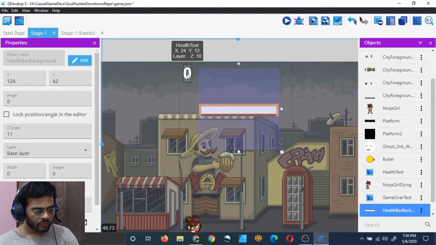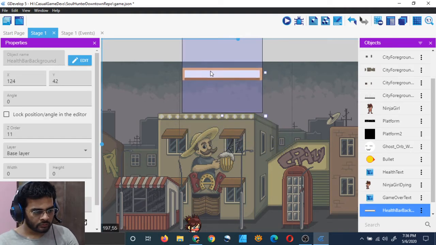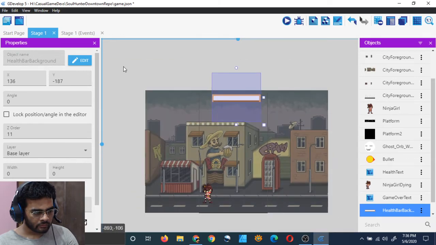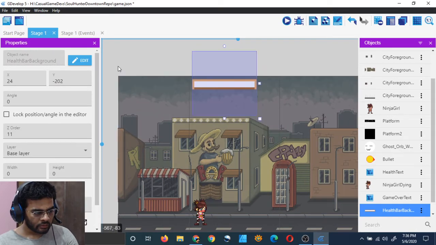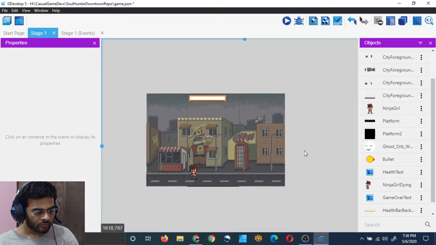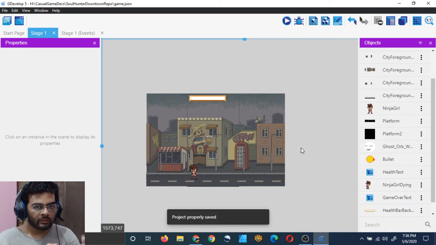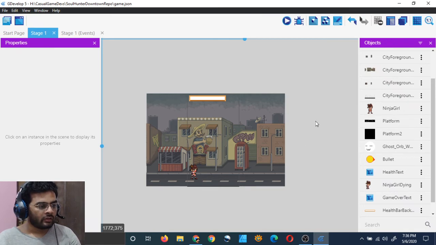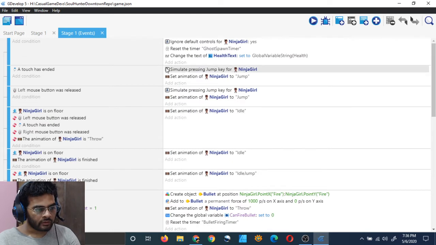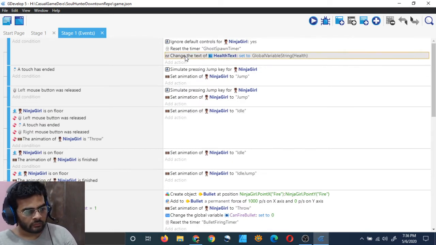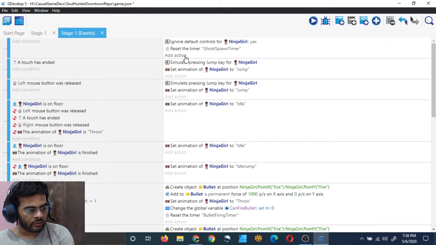And I will delete this number. I don't need it anymore. That's the health. So I also want to put it here. And this is our health background. We also need a health foreground, and it will be a bar which will change its size. But before doing that, let me remove the binding of health to the text, because we have removed the text. So just hit delete and it's gone.